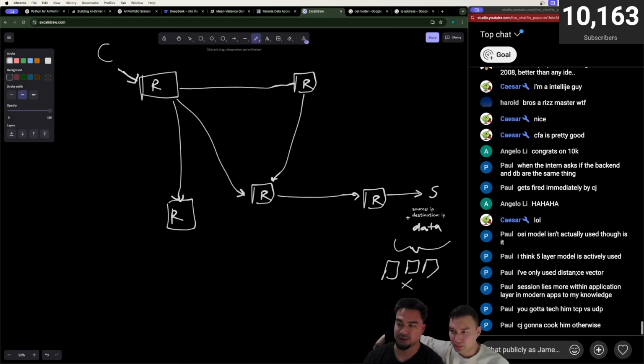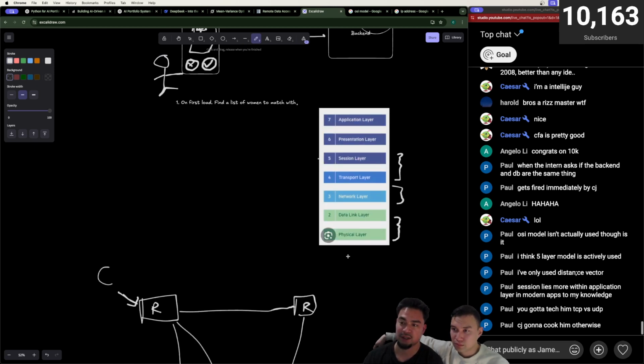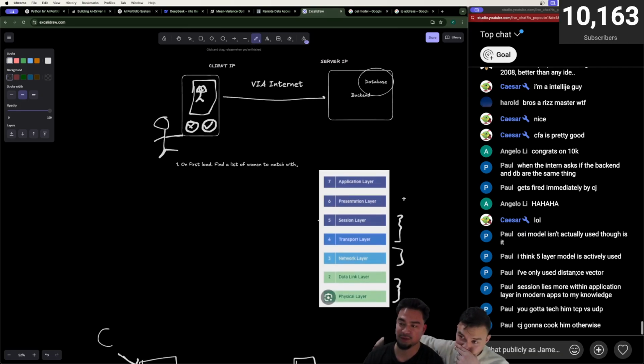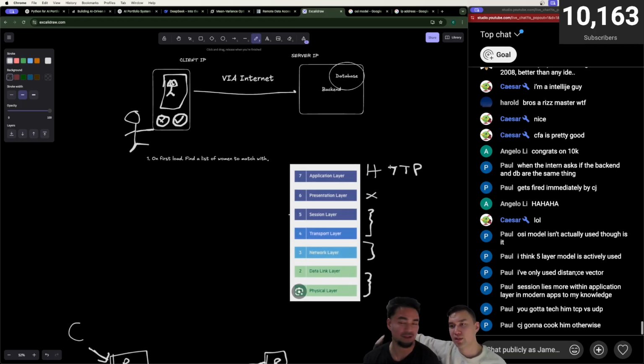So the session layer is the protocol for actually making sure data gets to the destination. I don't really know what the presentation layer is, but the application layer is HTTP and other application level code. When you start thinking about APIs, they're usually HTTP APIs. And you could build APIs in other ways.